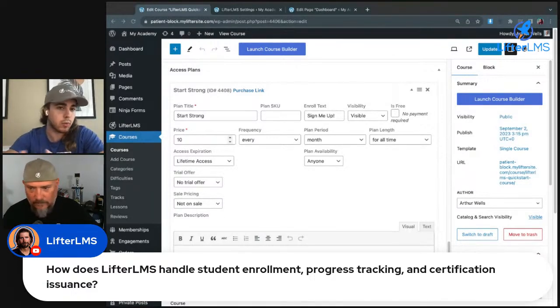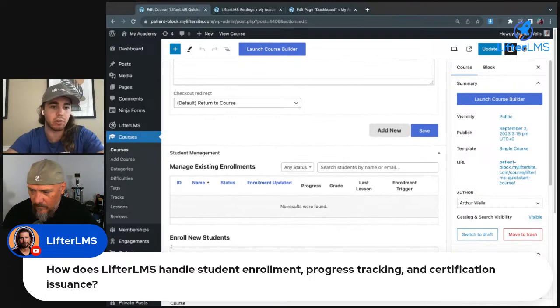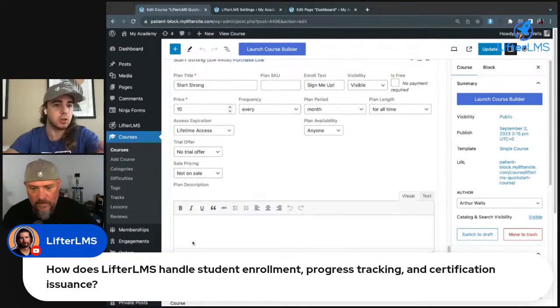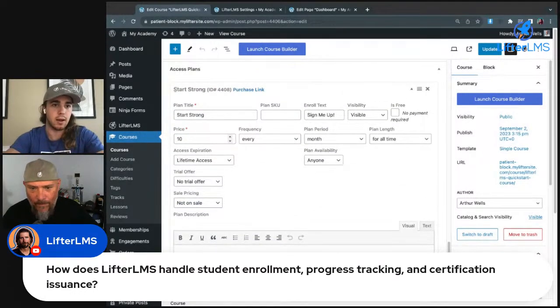And there are some other ways to enroll people in a course or membership, like an admin could manually enroll a user. Since I'm an admin on this website, I could just enroll a student here at the bottom. But usually students will get access via the access plan system if they're buying for themselves.